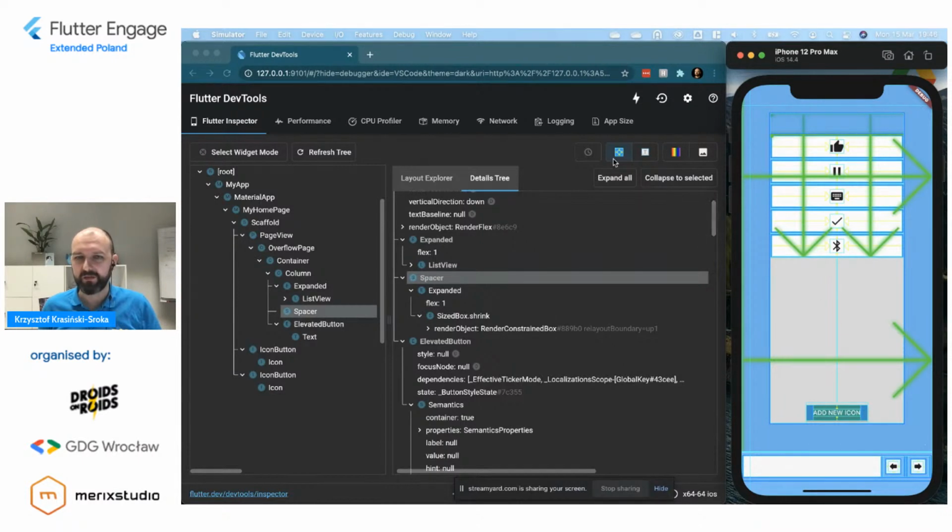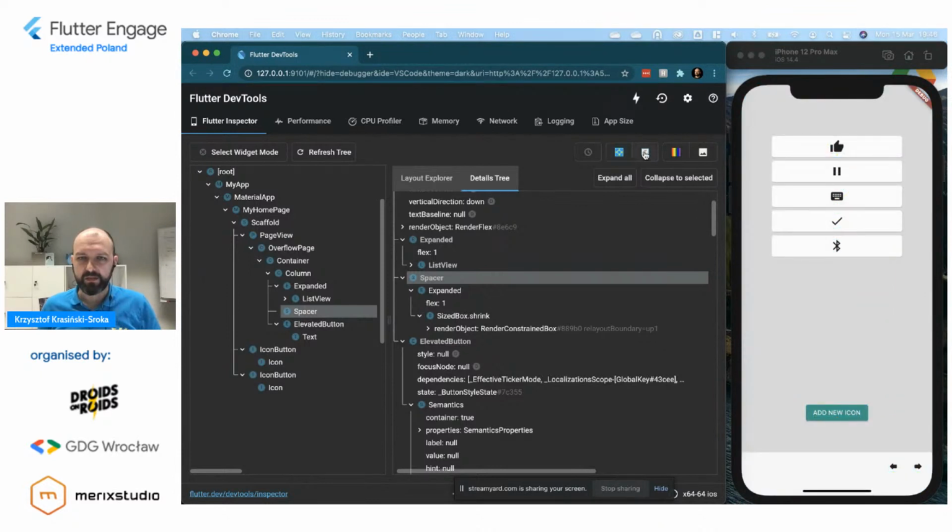This is an easy tool to show all the layouts and constraints and sizing on a screen without needing to dive deeper into what is where. If we see, oh, there's this kind of widget, or, for example, a widget that has a huge frame around it, we can pinpoint the problems much easier. Let's also show paint baselines, which is not going to be very visible because we just have one button and the baseline is barely visible, but it's something that you might want to take a look at when you deal with text.